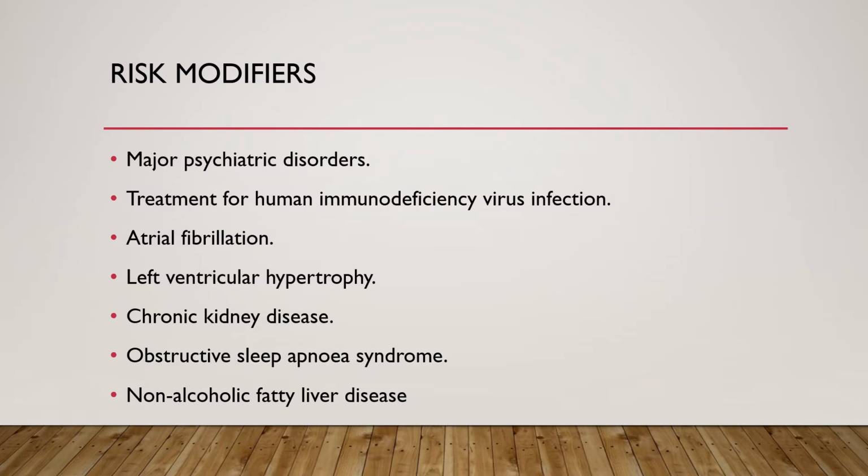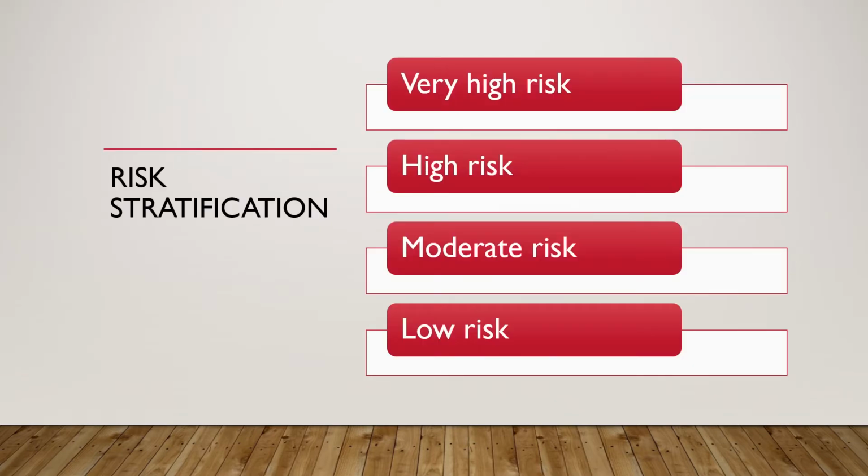Major psychiatric disorders, treatment of HIV infection, AF, LVH, and chronic kidney disease are all factors that modify the risk for patients to develop cardiovascular disease. Besides the risk assessment score, there is a classification for the risk of the patient to develop cardiovascular or cerebrovascular